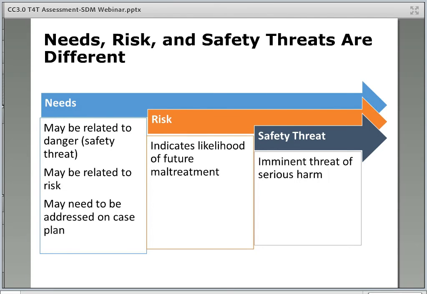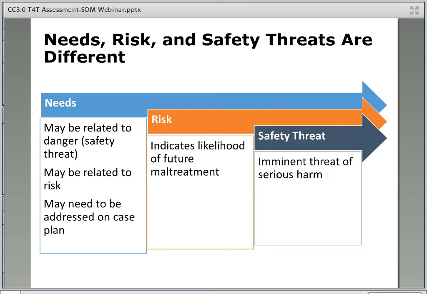Risk is about the long term. Instead of serious and imminent harm, we are asking about the probability that any child maltreatment will occur in the next 1 to 2 years. That may sound like we are trying to predict the future, but we are really trying to assess the odds using a research-based actuarial assessment to help us.